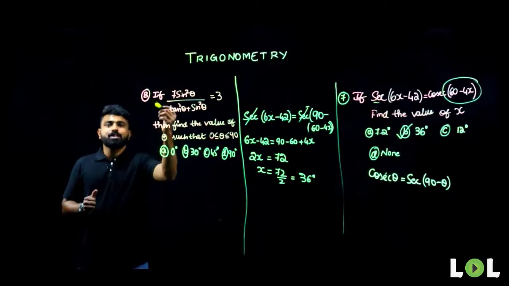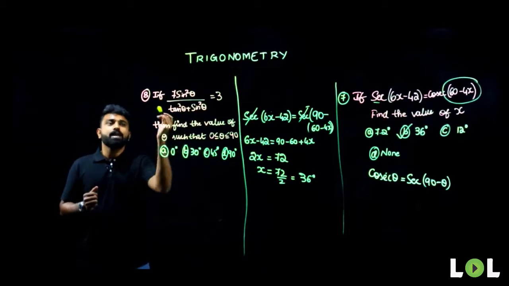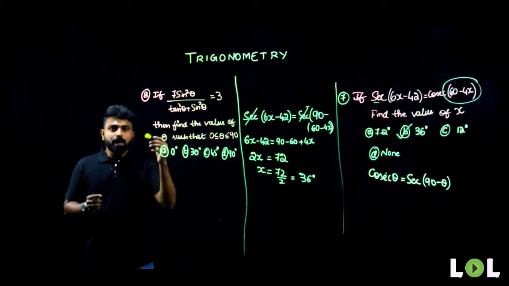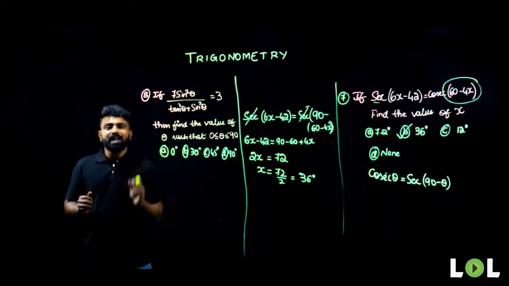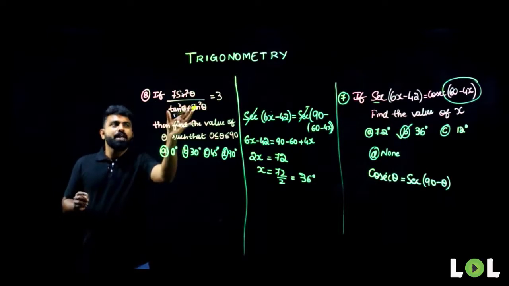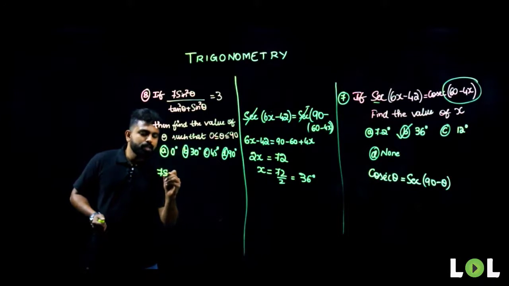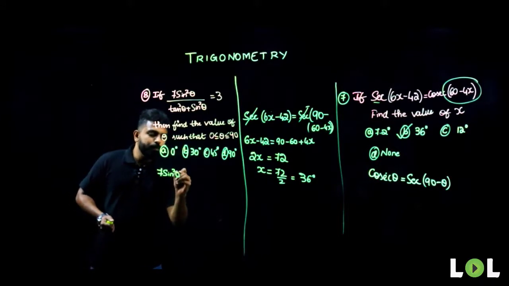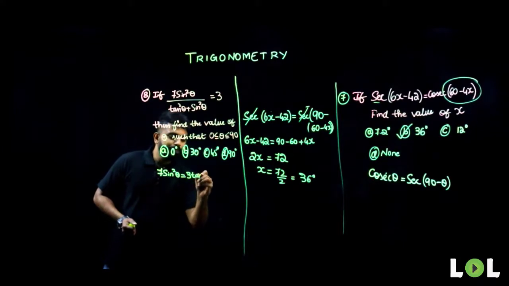So now let us look at our next question. What are they telling? 7 sine square theta divided by tan square theta plus sine square theta is equal to 3. How do we solve this? It's very simple. We just have to simplify this by taking my denominator to the other side. So what will I be left with? 7 sine square theta is equal to 3 tan square theta